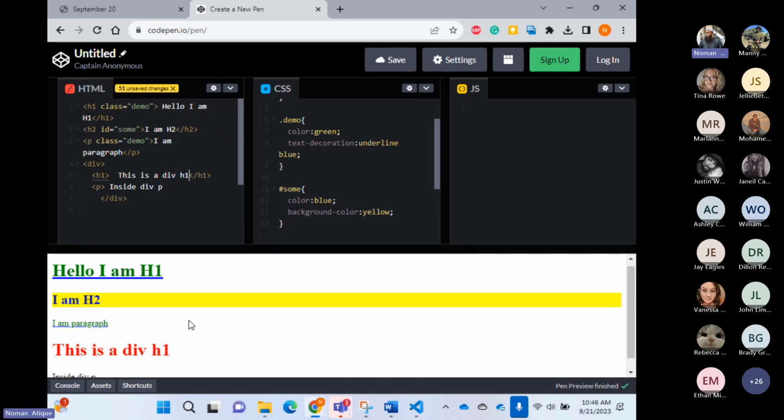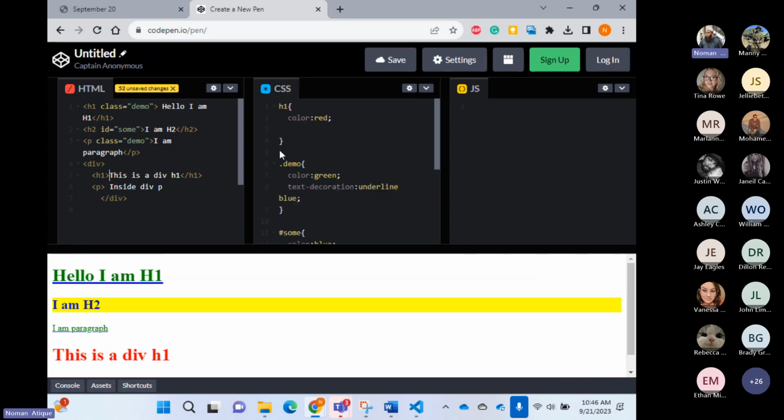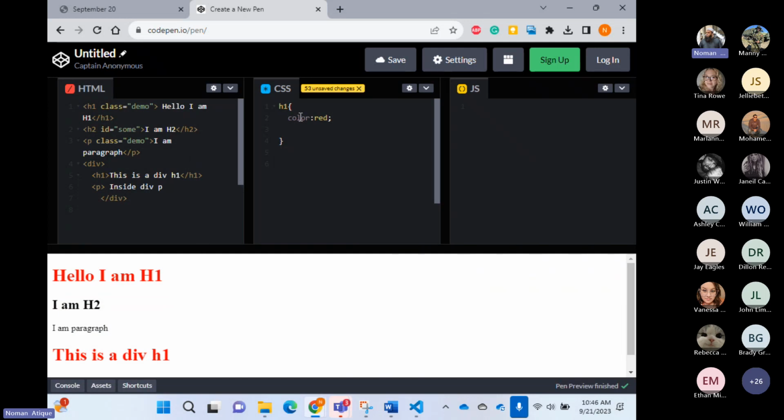Now you see that when I say H1 red, I'll just remove this ID and demo class right now for the purpose of simplicity. So I have just H1. So all the H1s on the page have become red. Make sense? Of course they should be, because I have said H1 color should be red. But if I come here and I write div space H1,